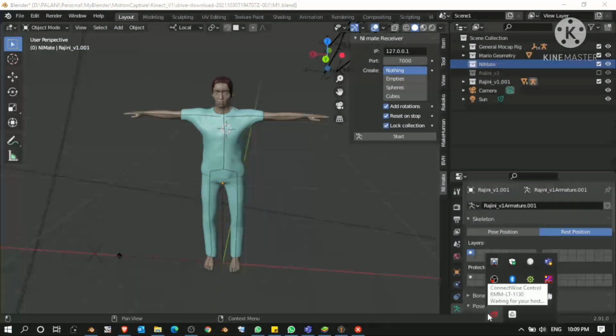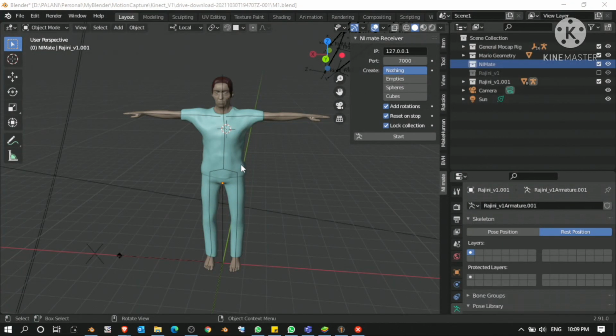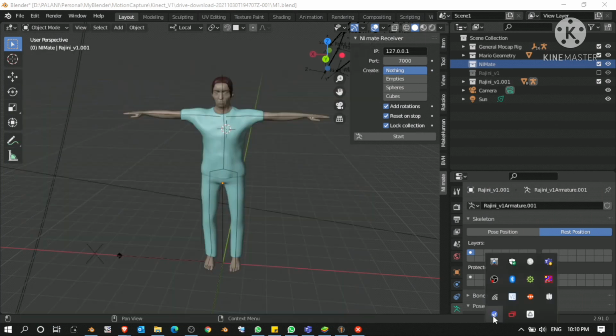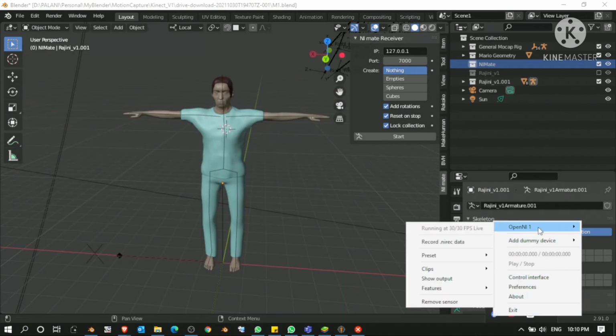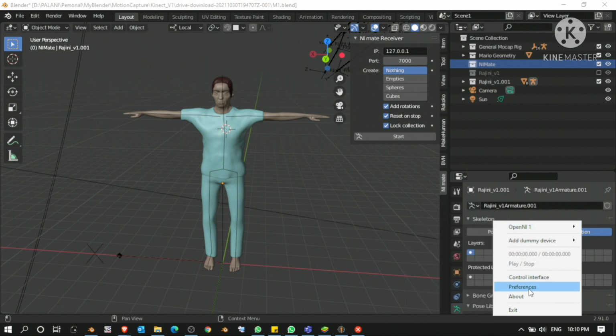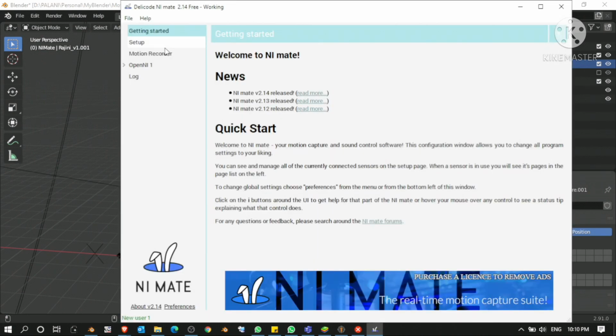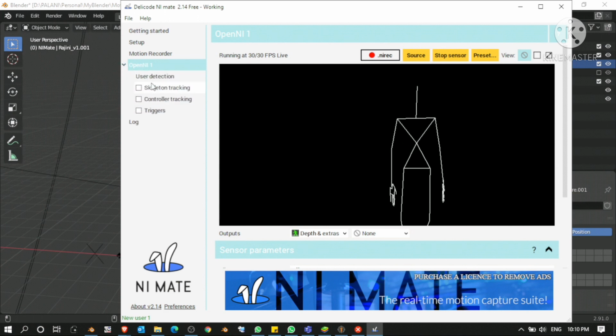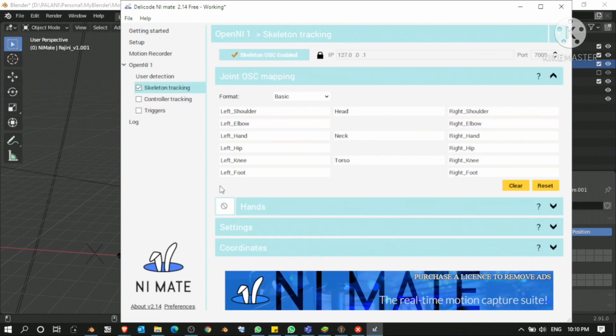Okay, let us start the application NiMate. So click control interface, select skeleton tracking and disable the hands.